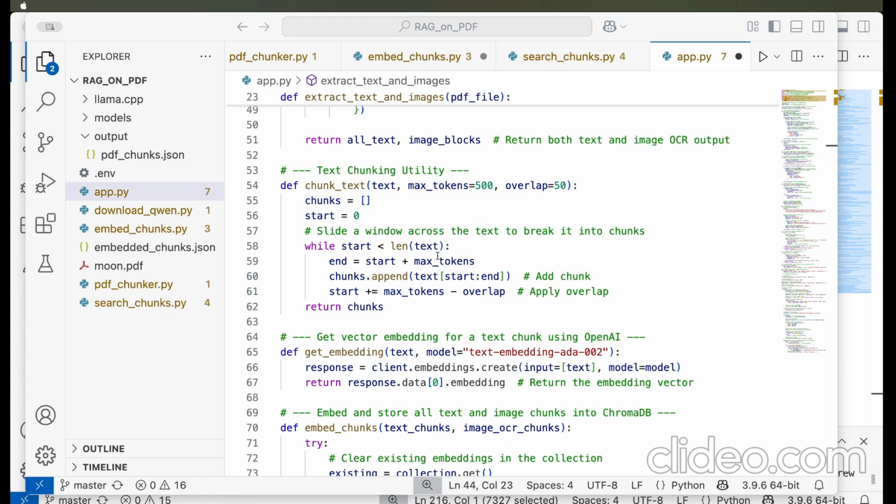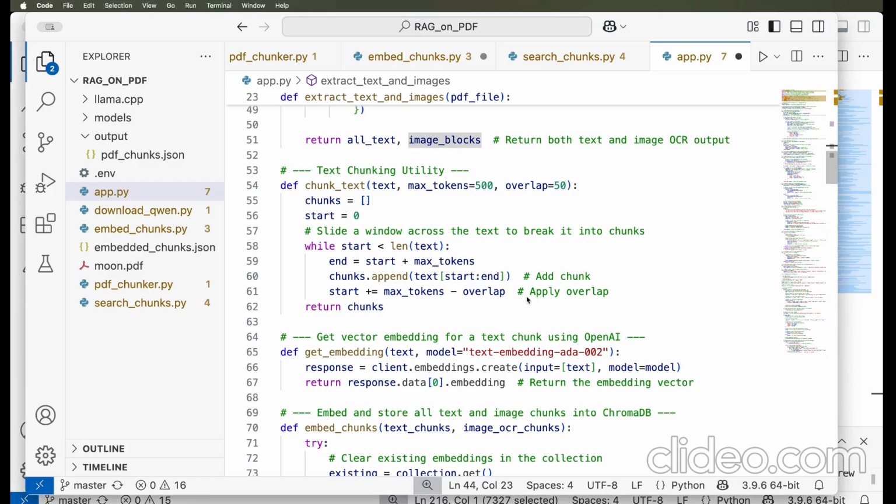So after each chunk we move forward by maximum tokens minus overlap. This overlap is actually crucial